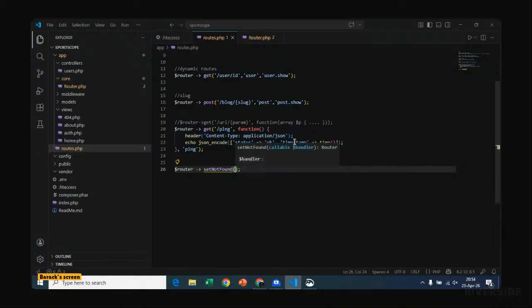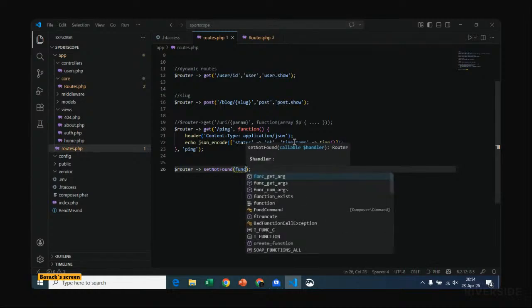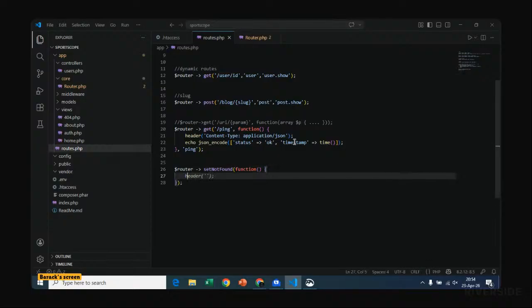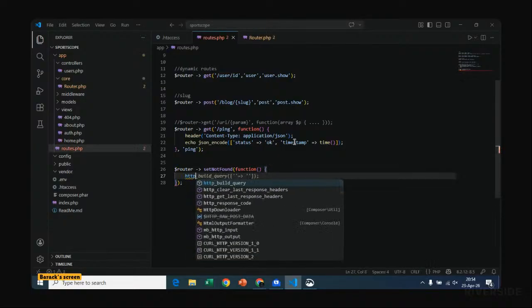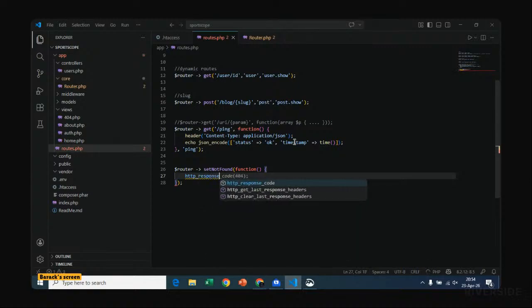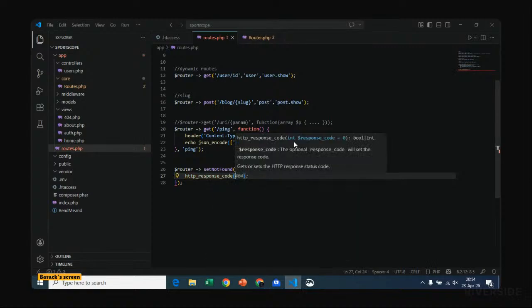After setting not found, we have a function within here, and this function carries no parameter, that would give us, as usual, HTTP response code 404.